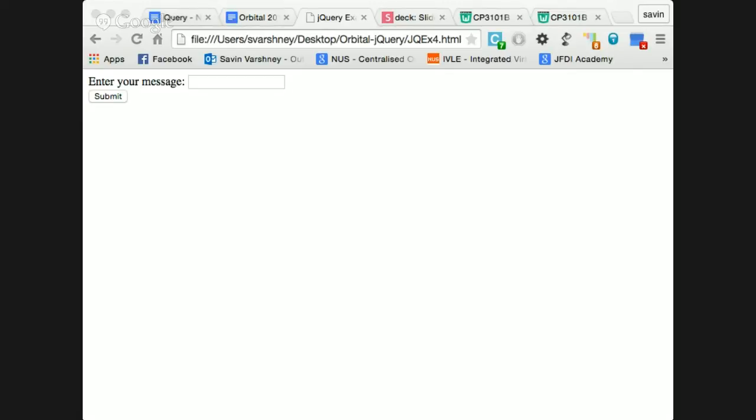So I'm sending a post request, then I provide the URL and the data. The data goes in JSON format, so you have key-value pairs. I send it using a message key, and